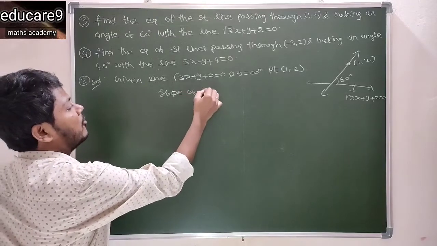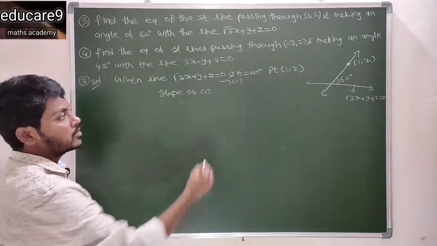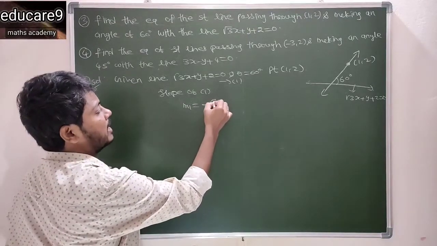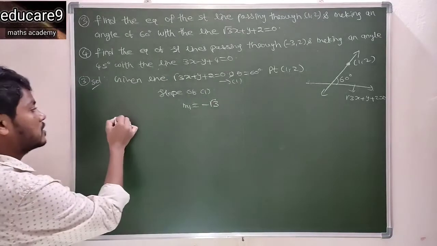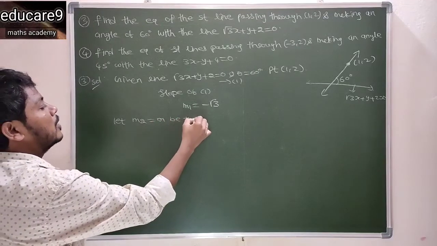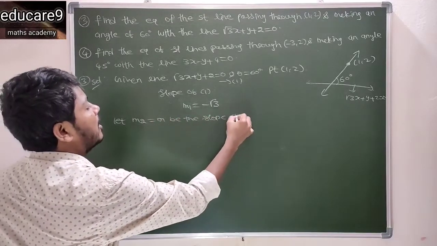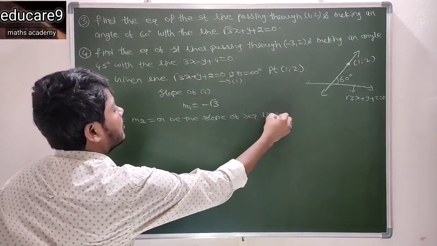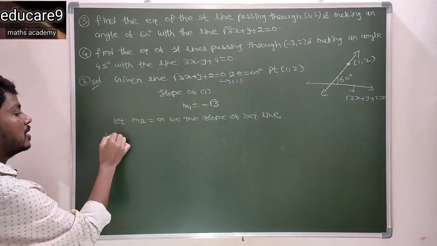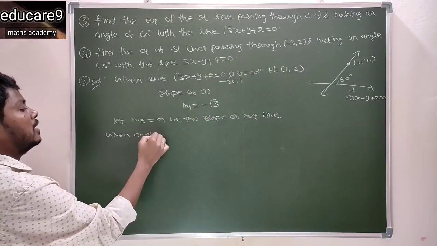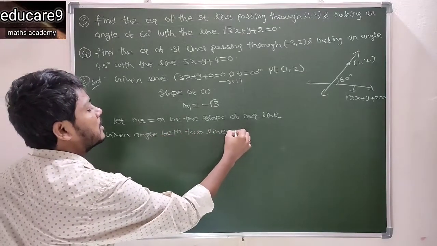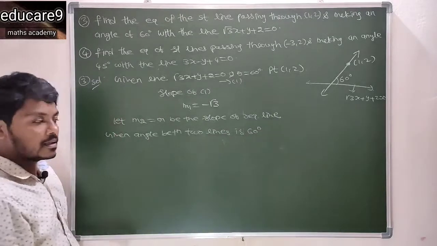Slope of 1. This is equation 1. So clearly m1 is equal to minus a by b, that is minus root 3. So let m2 is equal to m be the slope of the required line. See here, given the angle between two lines is 60 degrees. So then